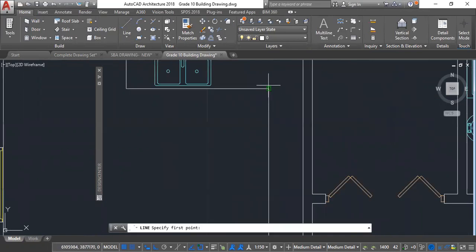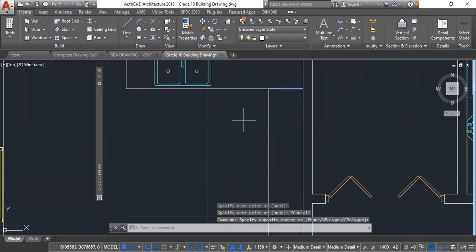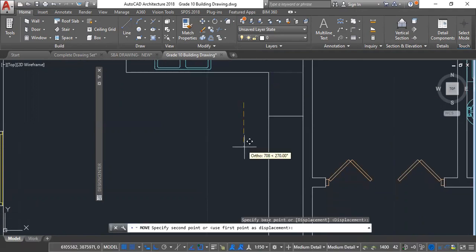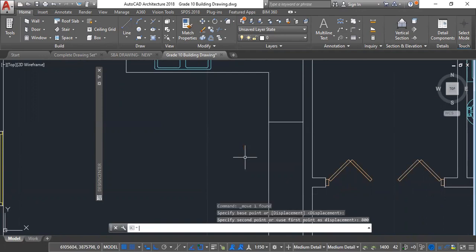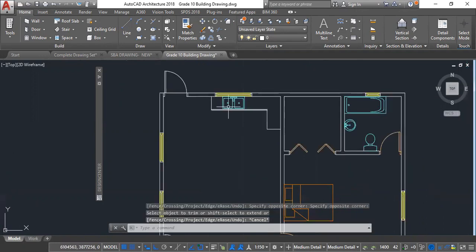Then draw up the line that you just trimmed, or one of the lines that you just trimmed. And you're gonna move that line down. The counter doesn't have to be long, you can put it at 800. And then you trim up that piece there. And then, so this is your sink with your counter. You can put your